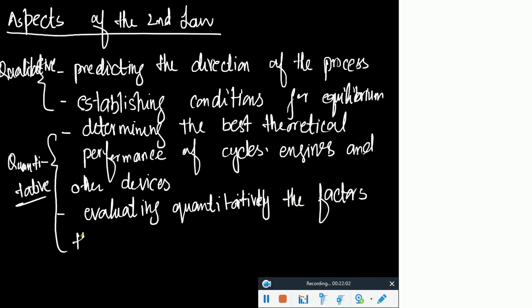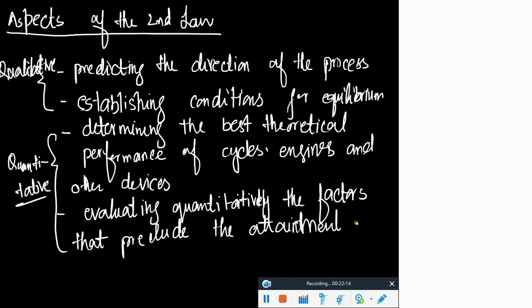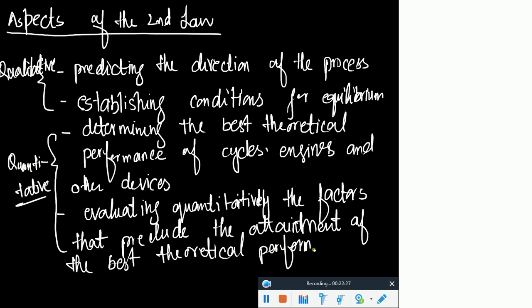The factors that preclude the attainment of the best possible performance. So these are the advantages of this second law, right? You can find out the answer for all those questions from this one. Okay, then there are other advantages as well, which the second law has been used to